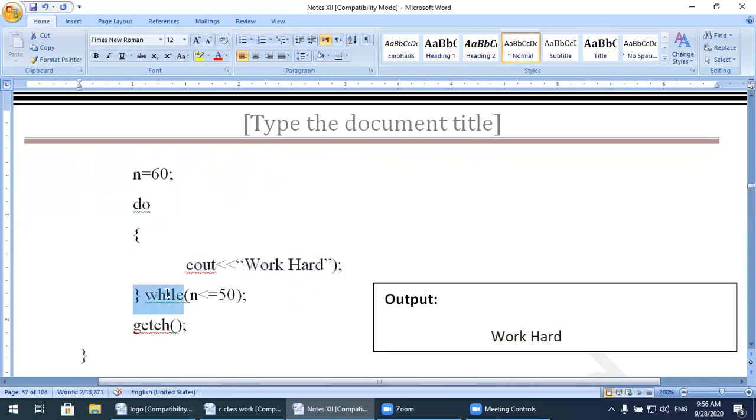After that, while n is less than or equal to 50, the value of n is 60, 60 is less than or equal to 50, the condition is false. Now when the condition is false, control automatically transfers after the body of the loop. In this case, one time output will appear. But if the condition becomes true, then it will execute again and again.